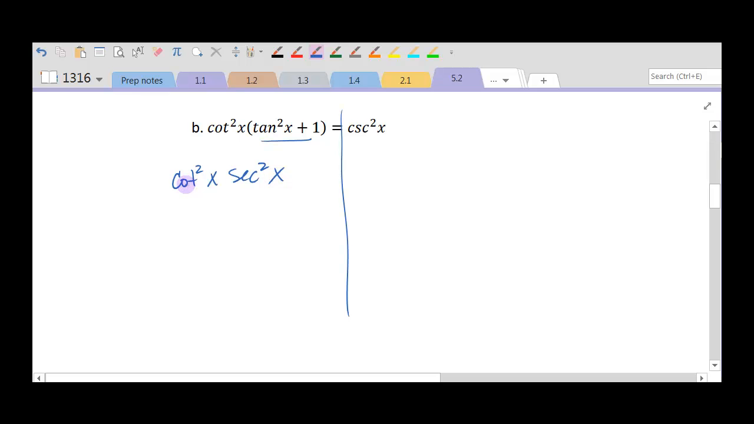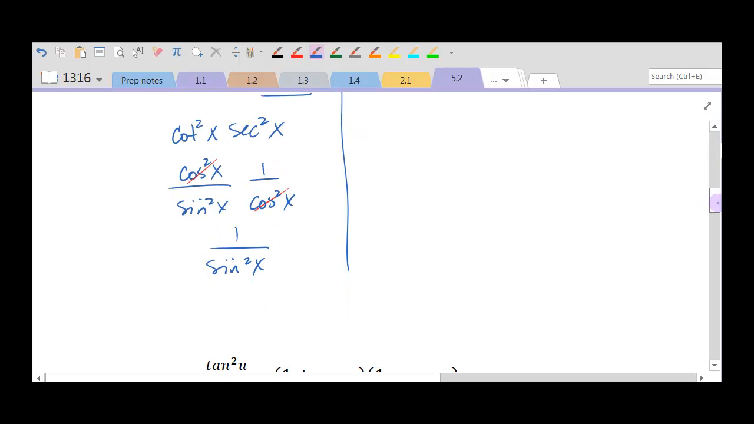Now, how am I going to get cotangent and secant into cosecant? Well, cosecant and sine are reciprocals of each other, so maybe I want to go in that route. So I can rewrite cotangent squared x as cosine squared x over sine squared x, and I can rewrite secant squared x as 1 over cosine squared x. So notice that I went from cotangent and secant and turned it into sine and cosine. Now what that does for me is it allows these diagonal cosines to cancel, leaving me with 1 over sine squared x, and 1 over sine squared x is cosecant